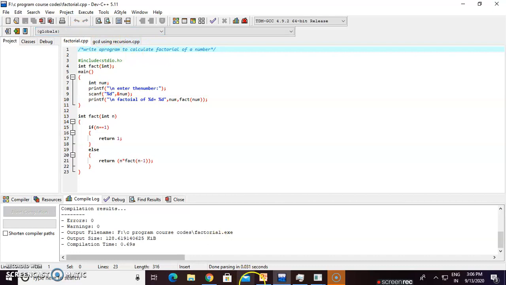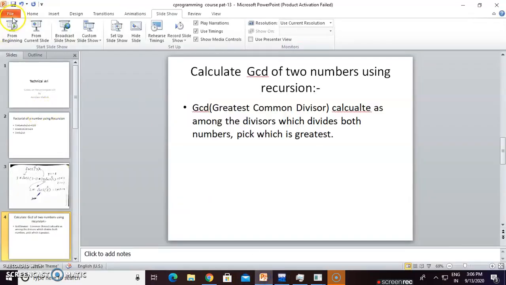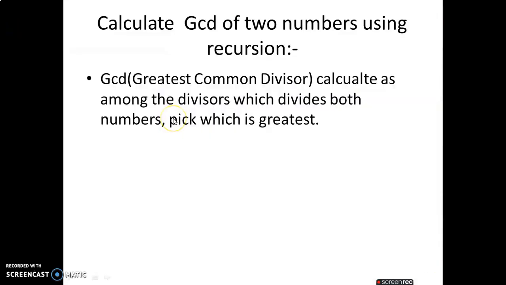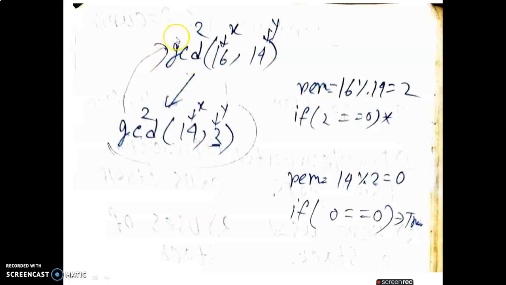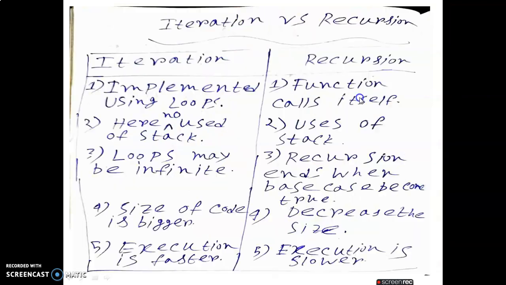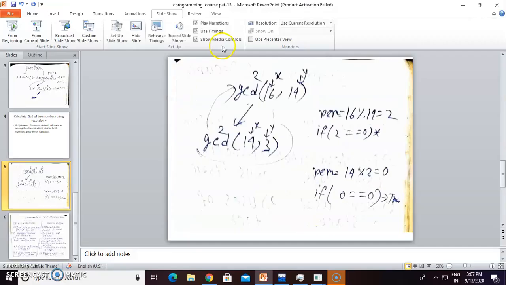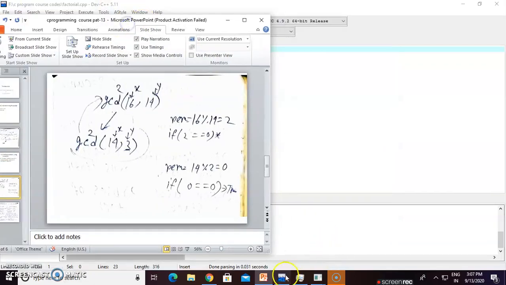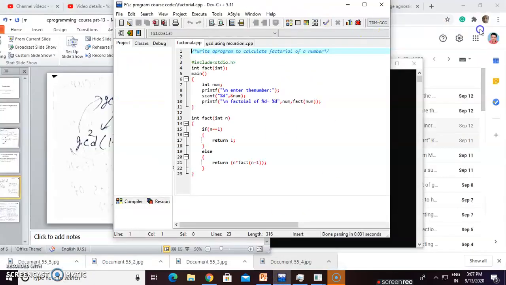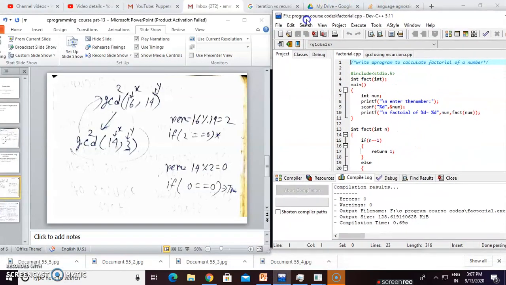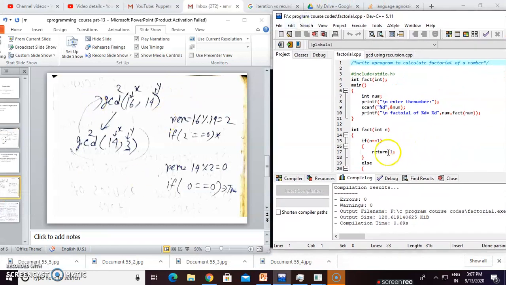So now go to the slide. Now GCD. We take x value as 16 and y value as 14. Here is the code and this is our trace.